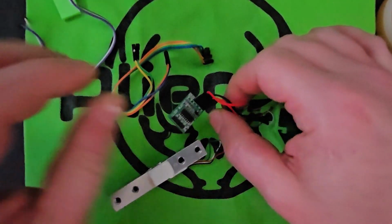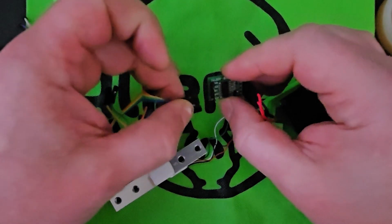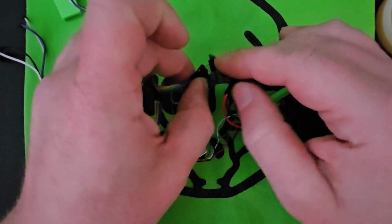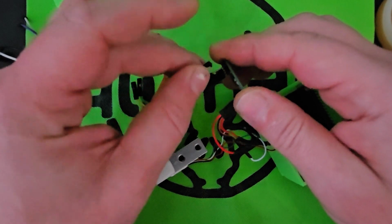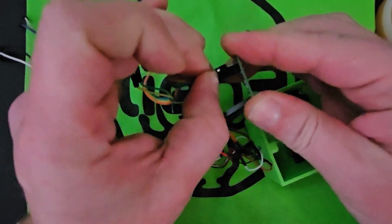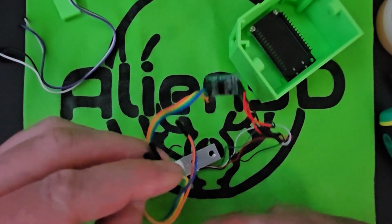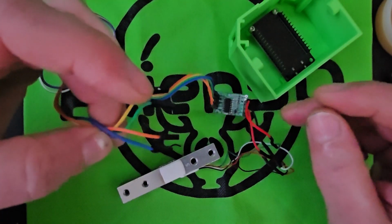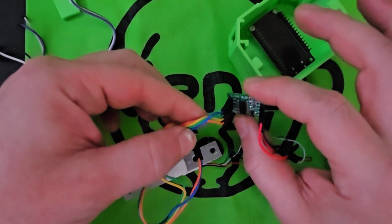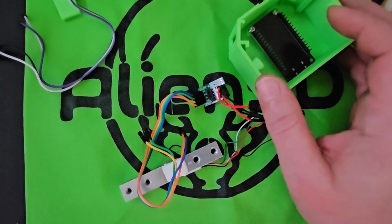And then you're going to want to connect 4 wires to the data, clock, VCC, and ground side. Get in there. Why are you not getting in there? There we go. And then as far as the connection goes, I think the blue is the VCC. Yeah, blue is VCC. So we're going to connect those to,